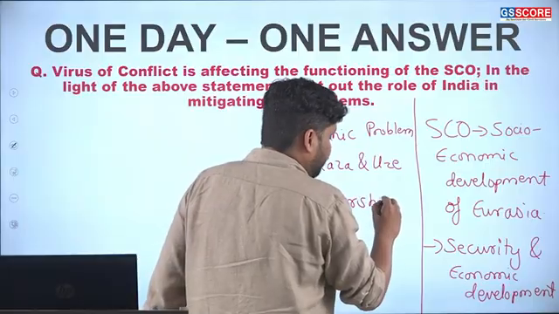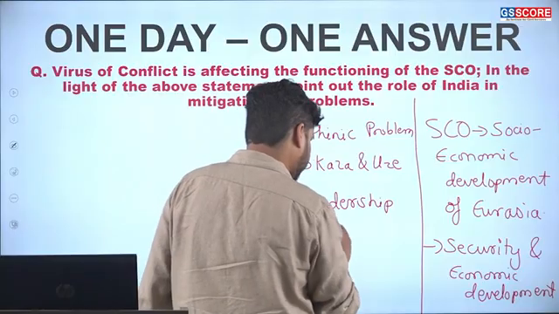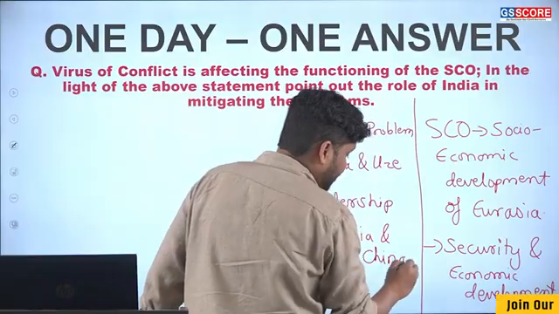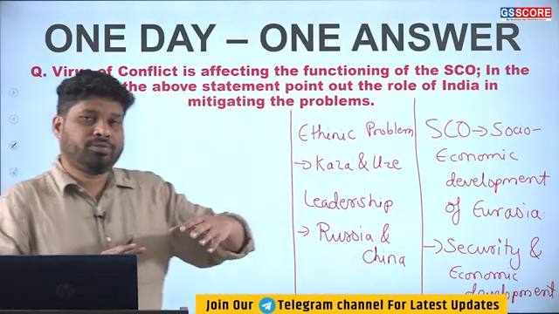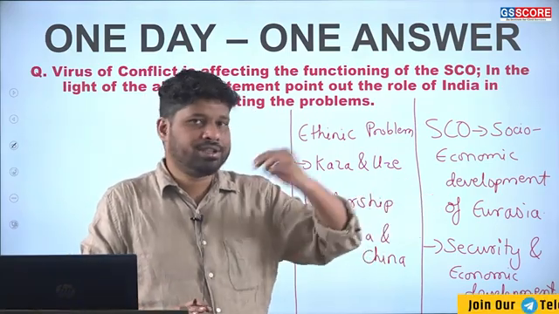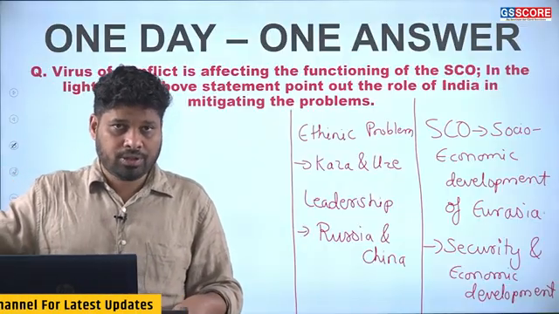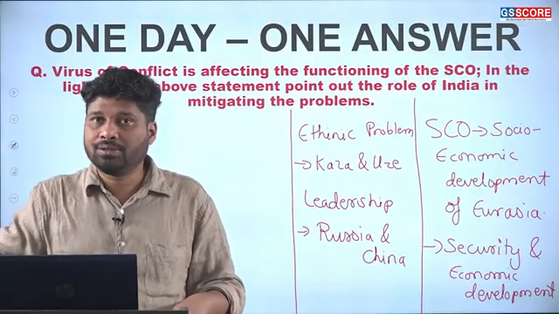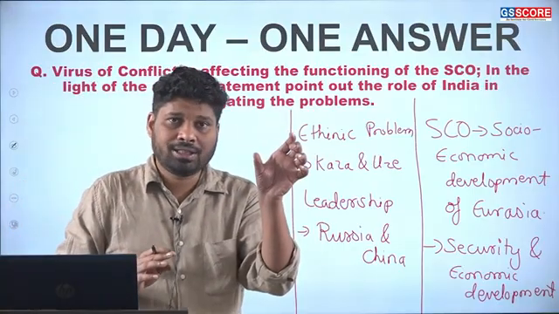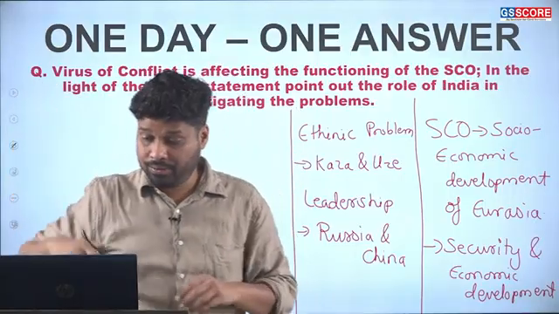This particular problem is brewing for some time now, and this problem of the Shanghai Cooperation Organization is between Russia and China, and this has again led to factionalism within. So there are a group of countries which are oriented towards Russia. For example, India is oriented towards Russia, Iran is oriented towards Russia. On the other hand, Pakistan is oriented towards China. For that matter, even Kazakhstan to a certain extent, Uzbekistan also to a certain extent, is oriented towards China. Okay, now look into it. Uzbekistan and Kazakhstan have differences between them, but their orientation in the Shanghai Cooperation Organization, we see it towards China.